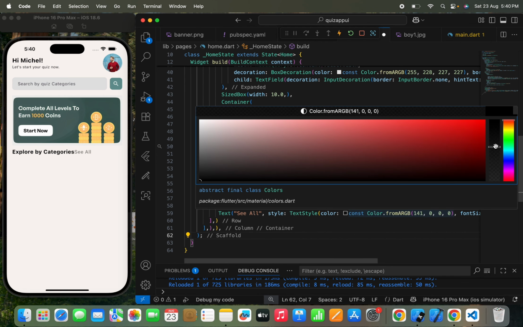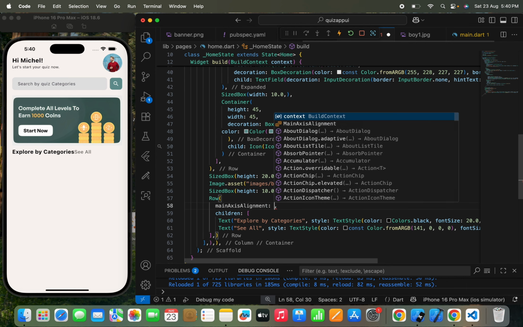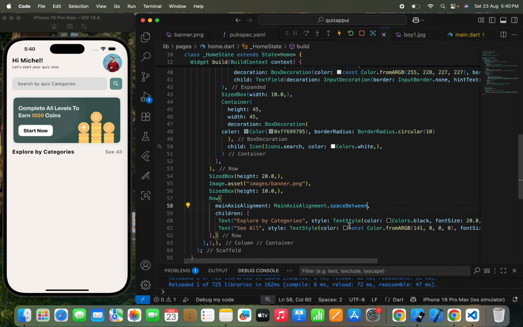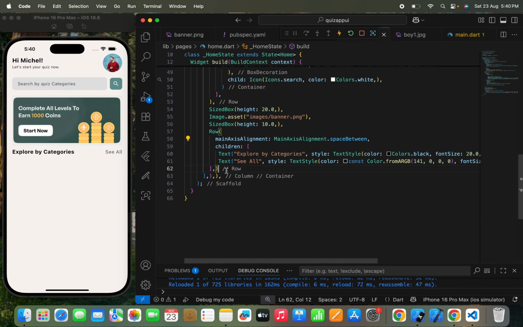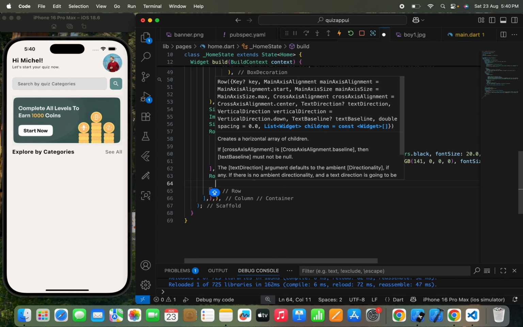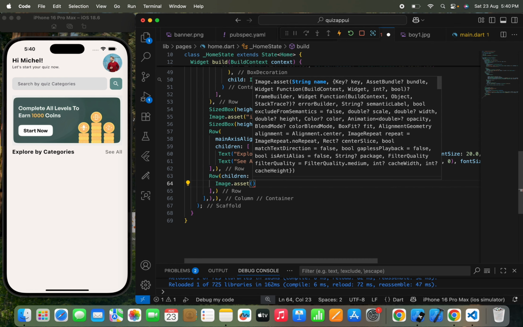Okay, we can just keep this color. Yeah, so here it is. Now we just need to pass a main axis alignment dot space between those, so that there will be enough space. Now once we do this, here I'm going to show some categories. For the categories, I'm going to just use a row again. Now here I just need to write children, and here I will use the Image dot asset,